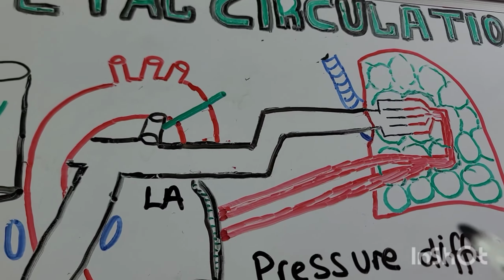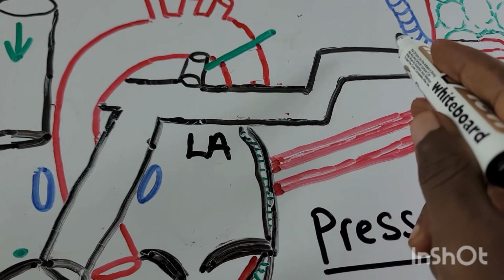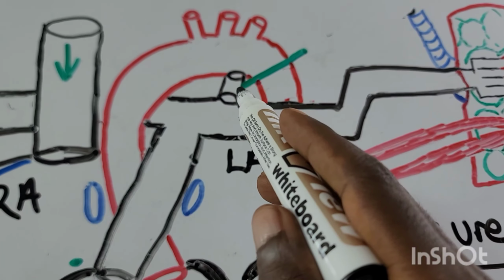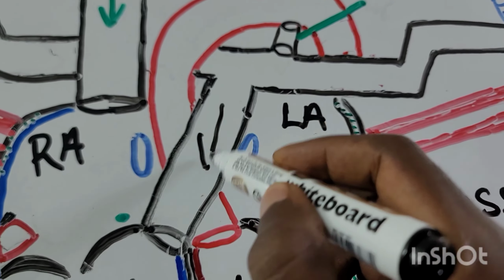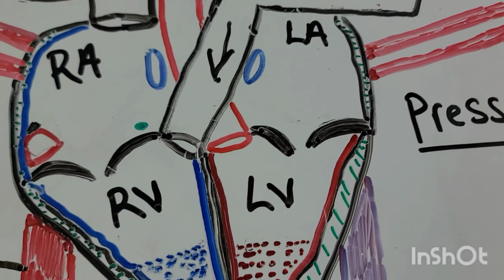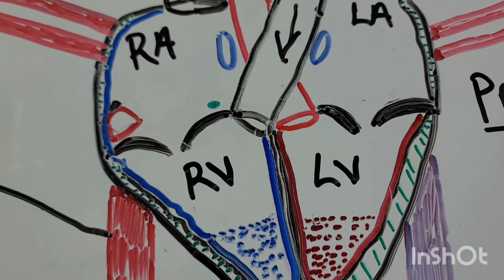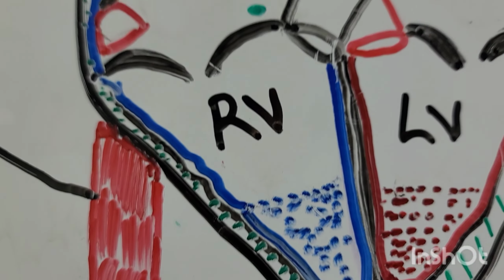And that resistance is also going to increase a lot of the pressure in the pulmonary arteries. And that pressure is now going to be backing up to the ventricles, meaning that you're going to be having an extensive amount of pressure in the right ventricle. And for that reason,